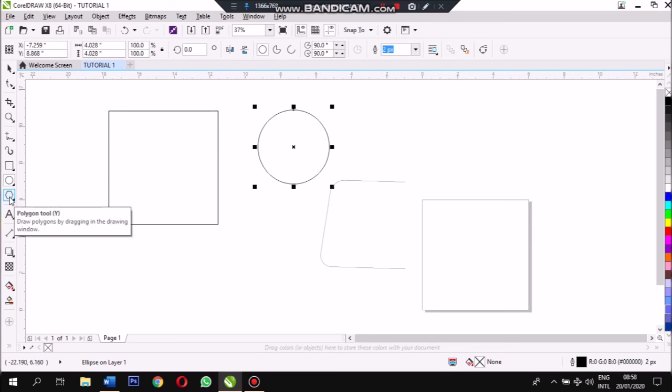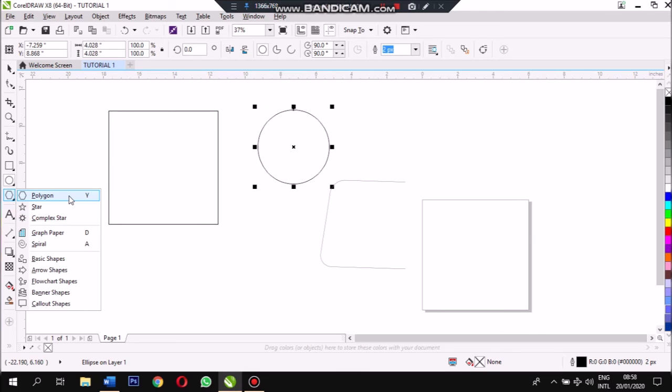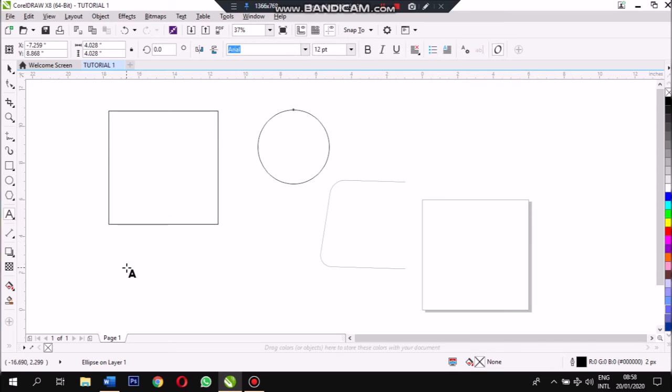So beneath that, we have the polygon tool and so many other tools beneath that, which we'll go into detail as we advance in the class. We have the text tool beneath the polygon tool. So on the text tool, you can click the text, then it gives an indication of a target with an A below it. So on any part of the document here, once we click on that, we can begin to type. So it shows the type indicator. So I can type